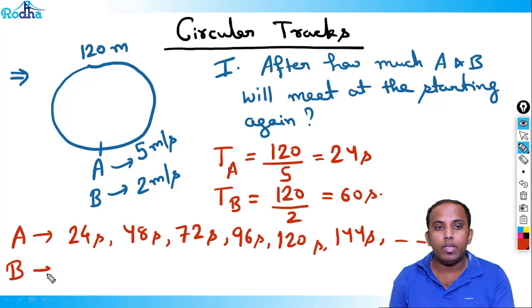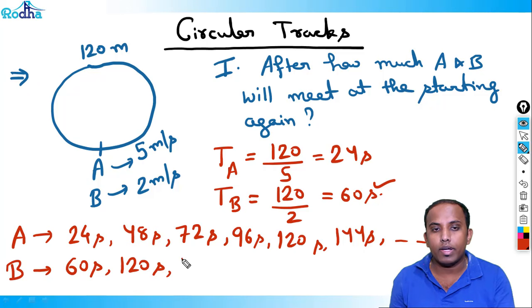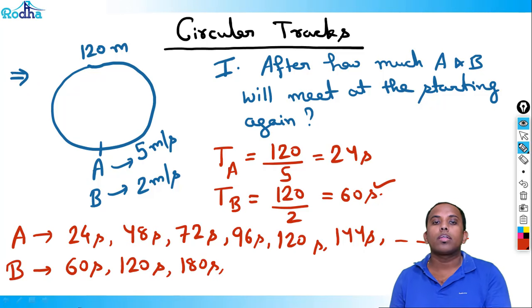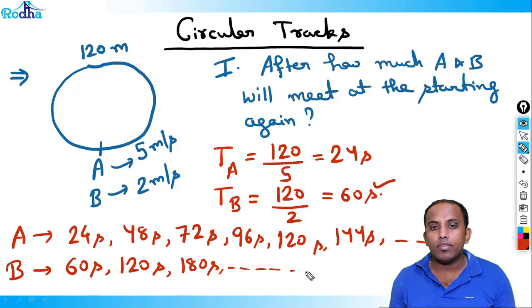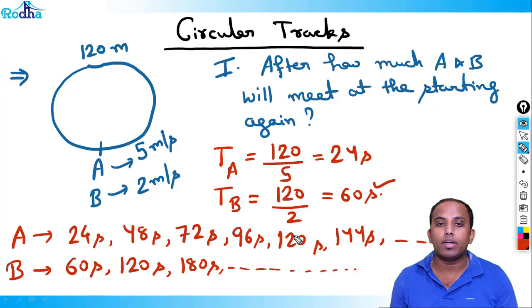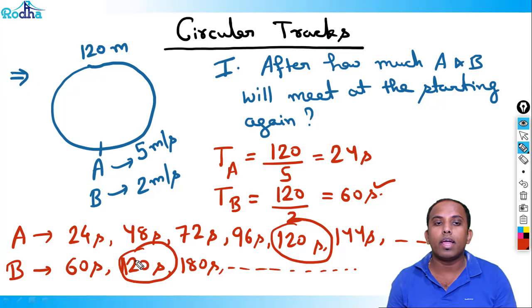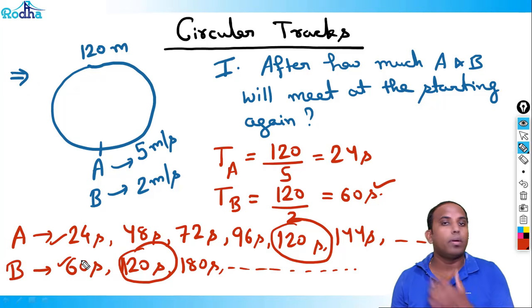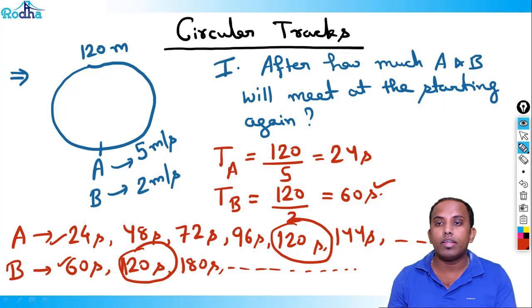Then if B is running infinitely, the first time B reaches the starting point after 60 seconds. Then for the second time B will reach here after 120 seconds. For the third time B will reach here at 180 seconds, like that. Correct. So what is the time at which they'll meet for the first time? That is 120. So what is this 120? 120 is the LCM of 24 and 60. Among all the multiples of 24 and 60, the lowest common multiple will be the time of the first meeting. Okay, so what we can write here is